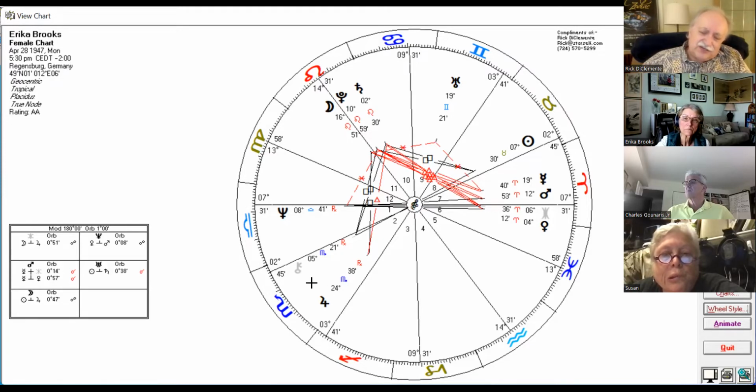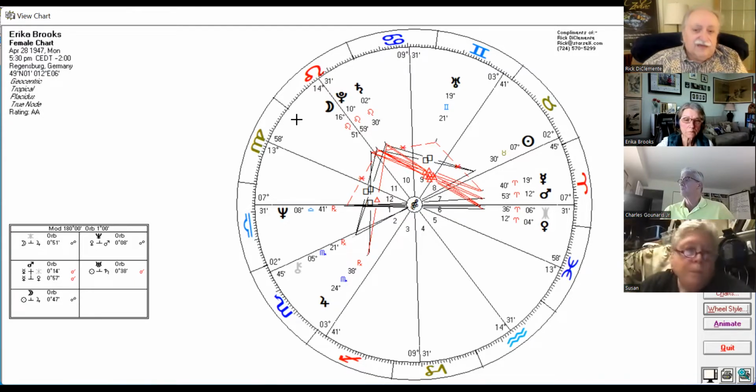So we see that your second house starts around the third degree of Scorpio, and it goes to about the third or fourth degree of Sag. That's your second house. Your 11th house goes from 14 of Scorpio. You see it intersecting the sign of Scorpio to about the middle or 14th degree of Virgo. So from 14 to 14, that is your 11th house. Make sense?